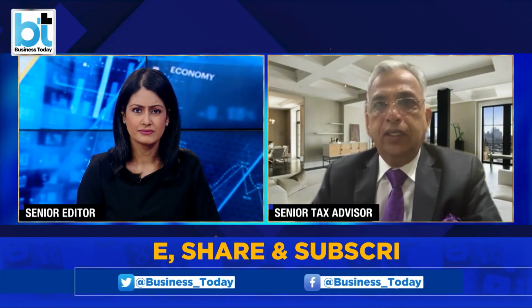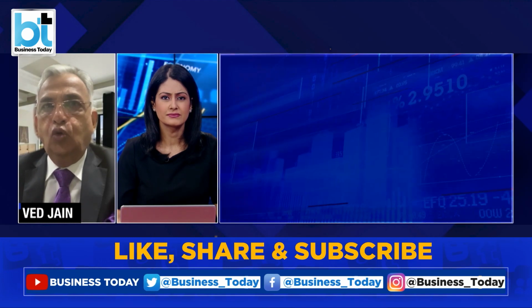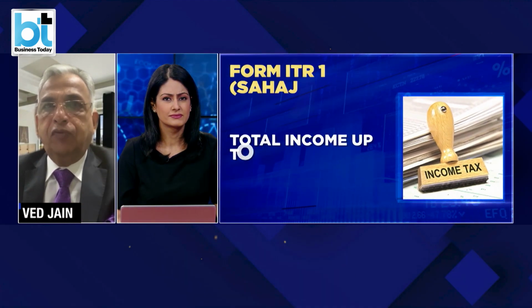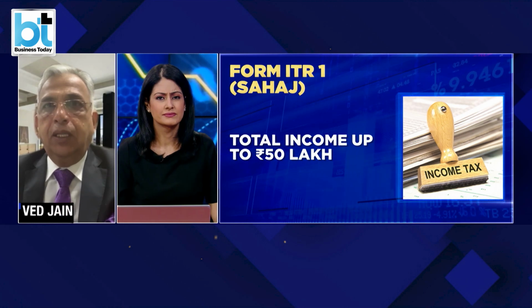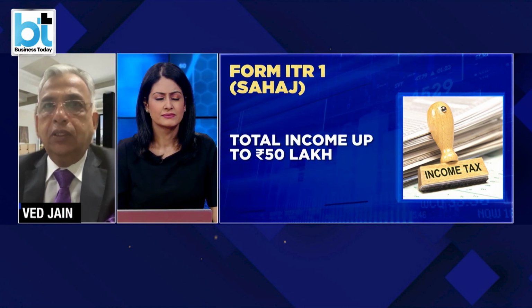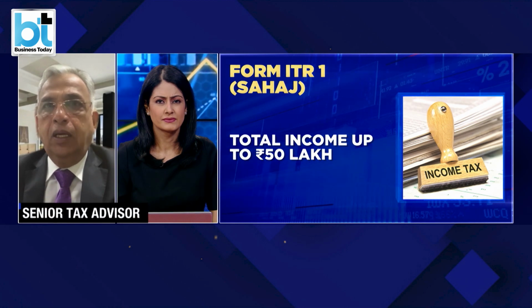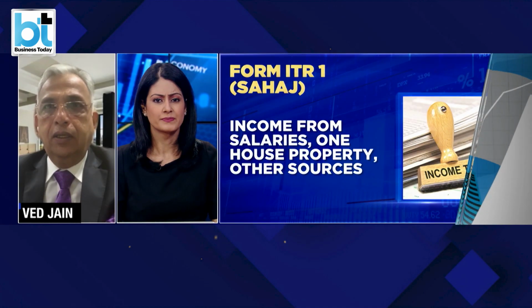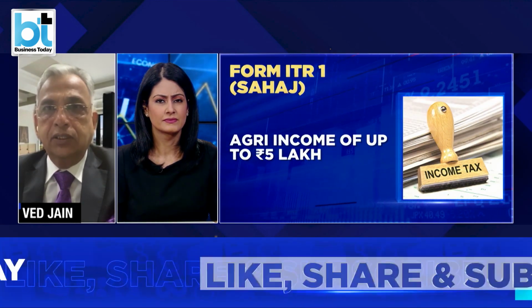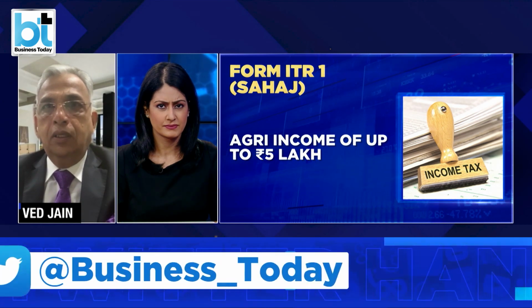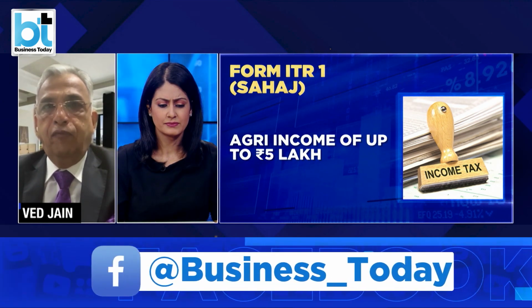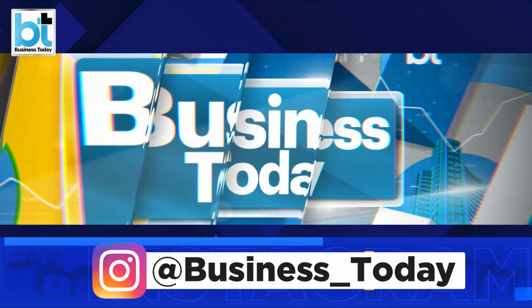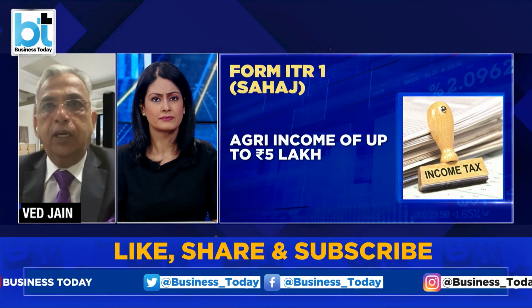See, Abha, there are many changes which have been effected in this form. As you rightly said in the beginning, there is no change in the 7 forms which have been specified for different categories of persons. But now the details which are required to be given in these forms have been modified. There are 2 reasons why these details have been modified. First, technology use, where the department wants to use artificial intelligence, and in order to capture that, now they want every taxpayer to provide more detail. Second, many changes are consequent to the amendments made in the Income Tax Act over the last 2 years.